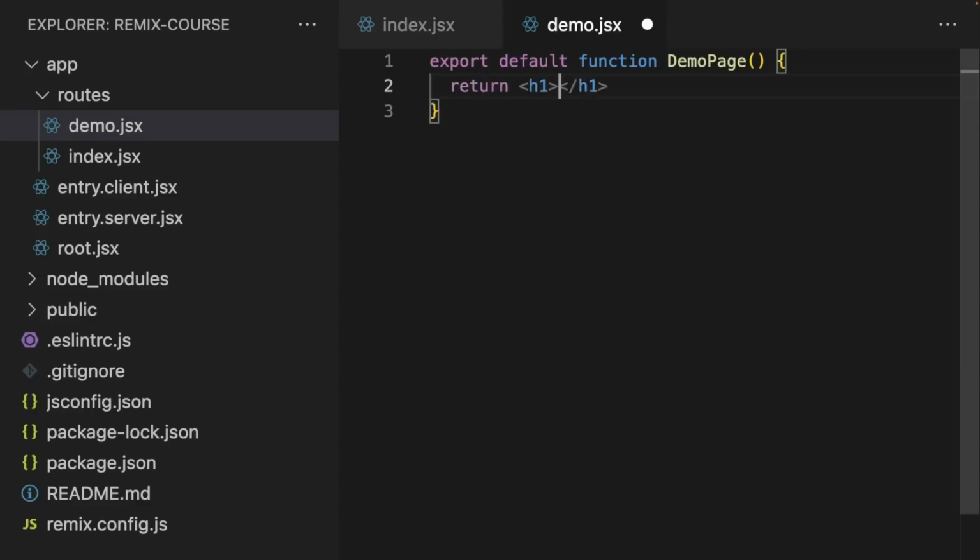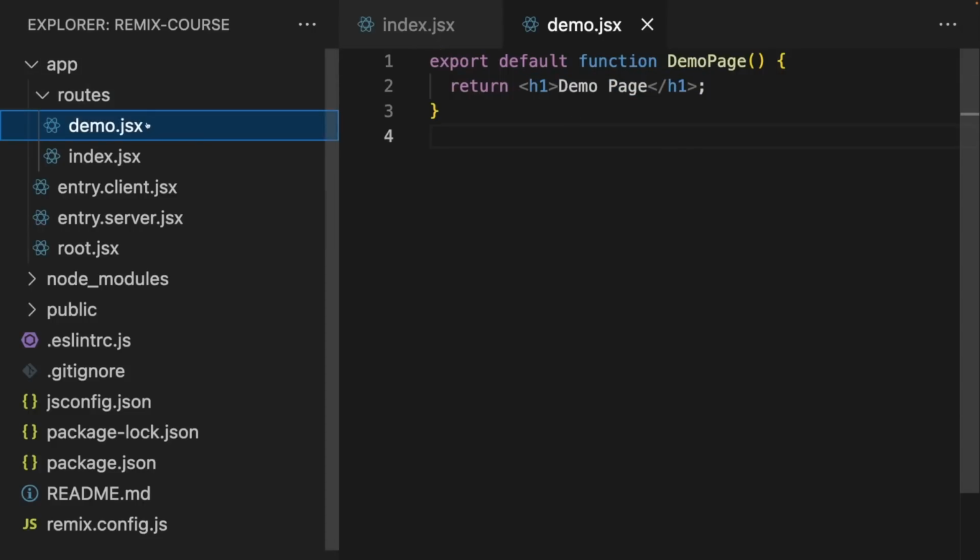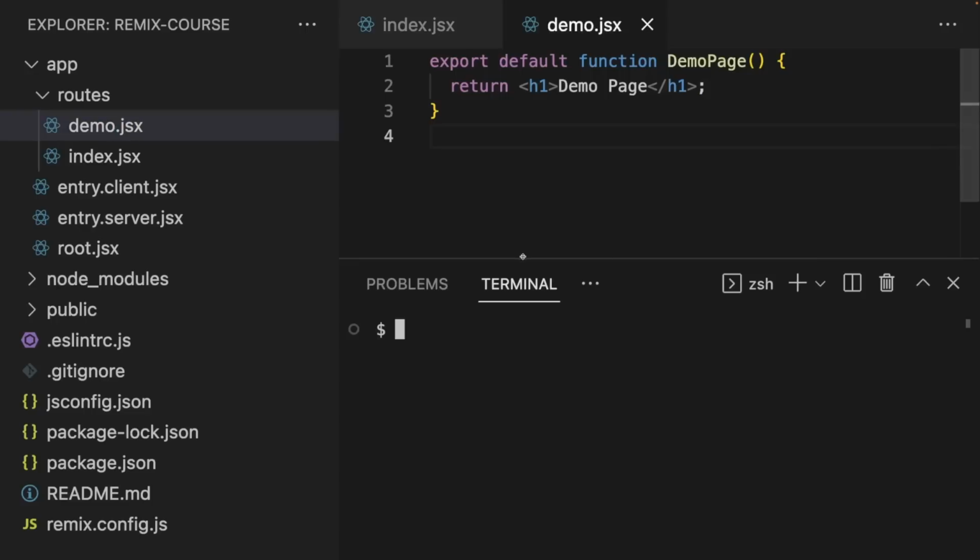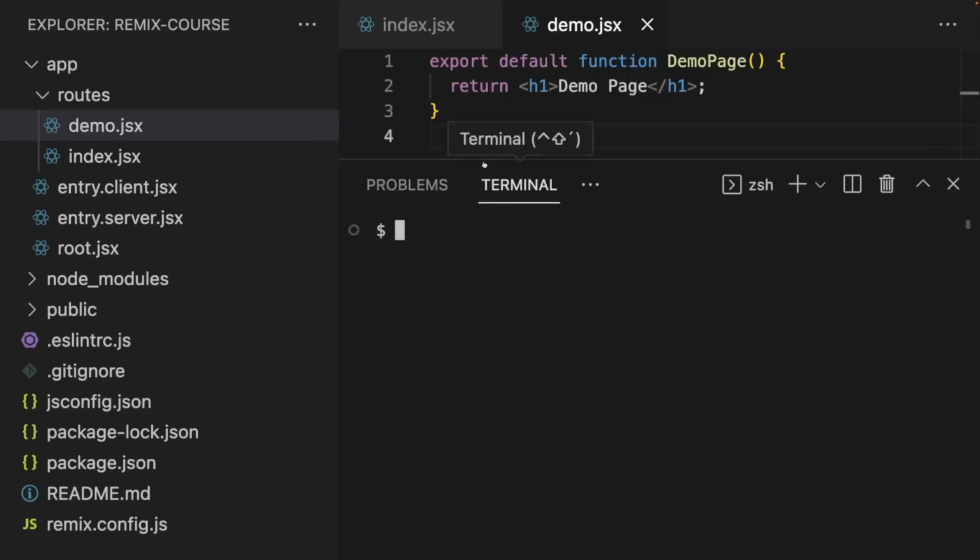Where I return h1 demo page. So where I also output a title that contains the text demo page. With that, I would have created a second route, a second page basically, on this overall website, besides this starting page. Now to see this in action, we should open the terminal again, and here I'm using the one integrated